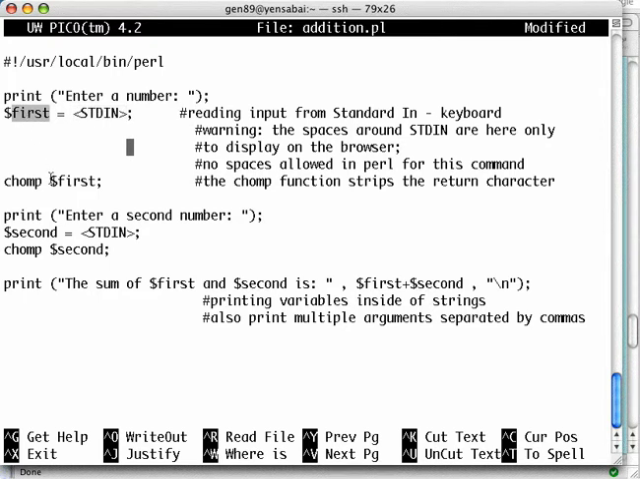And a lot of the times you don't need the return, therefore you can use the chomp, put the variable name on the right, and that will strip any return characters that may be at the end. If there aren't any, it will just leave it alone. If there's 2 or 3, it will take all of those out. Next, we print, we're going to do the same thing with the second number, and we chomp the second number,